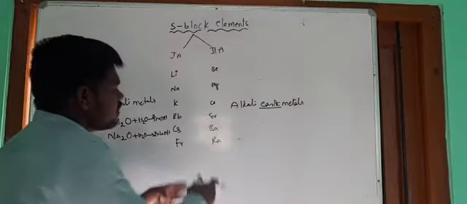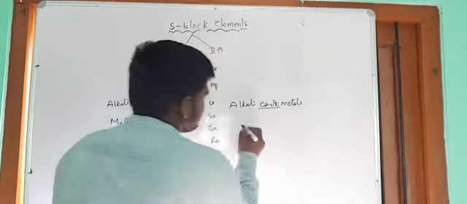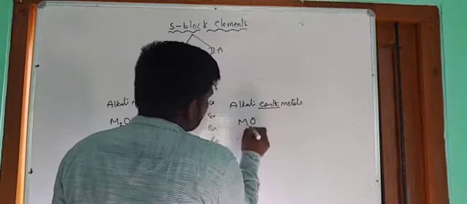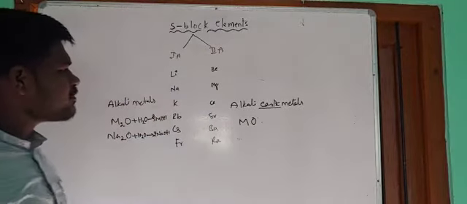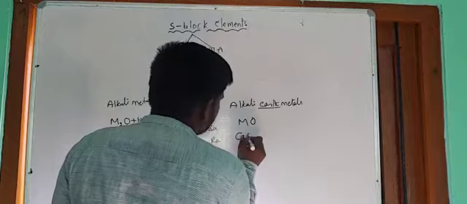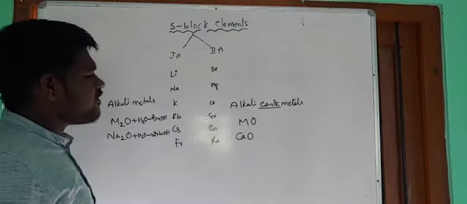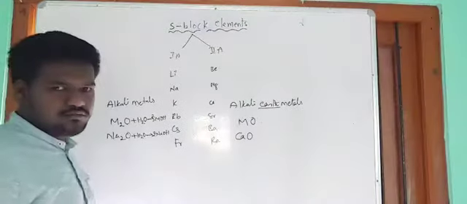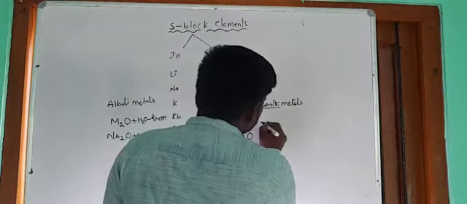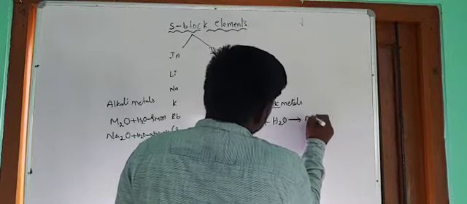And next one, these are also available in the form of metal oxides. General formula you can take MO. M means beryllium, magnesium, calcium, strontium, barium and radium. For example, let me take CaO. All the metals present in the first A, second A group, they are available in the form of their metal oxides. Okay.